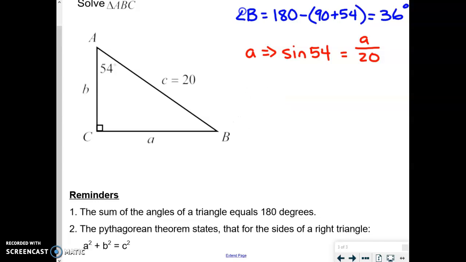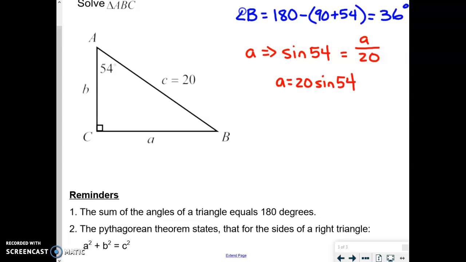I'm just going to erase this for a second so we have plenty of room. Now what we need to do is figure out, using our calculators, what that would be. The easiest way to do this would be to multiply both sides of that equation by 20. It gets it out of the denominator and isolates A, and we do the same thing to both sides, because it's algebra. So we would get A is equal to 20 times the sine of